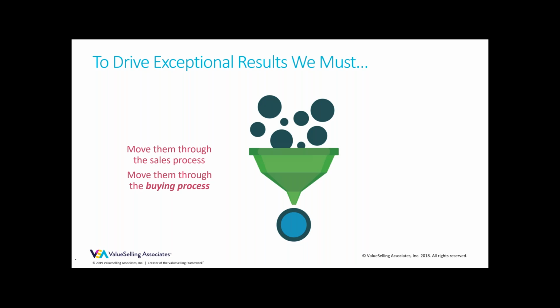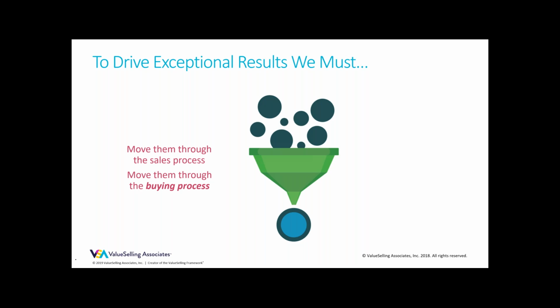So if you think about what our sales process is in today's automated world, it is basically a set of milestones that says, if I have done this series of activities and gotten this far in conversations and done these things, I should be 50% of the way there or 60% of the way there. So the analogy that I was taught years ago was think of those milestones as the yards on an American football field. Am I at the 50-yard line or am I in the 10-yard line ready to go into the end zone? And that's what the sales process is.